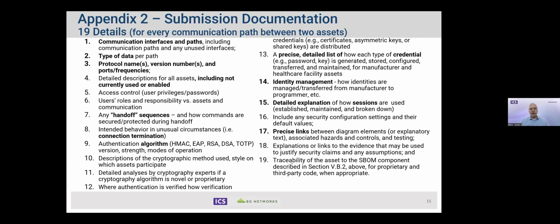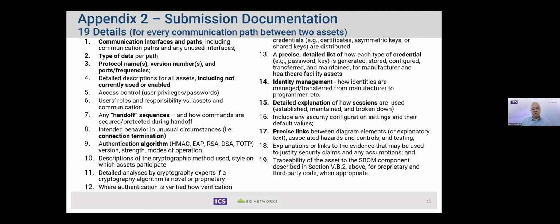So again, for every communication path between two assets, these start with the obvious things like communication interfaces and paths, type of data, and then it goes into some deeper detail: protocol names, version numbers, ports, frequencies, and then it goes into sort of